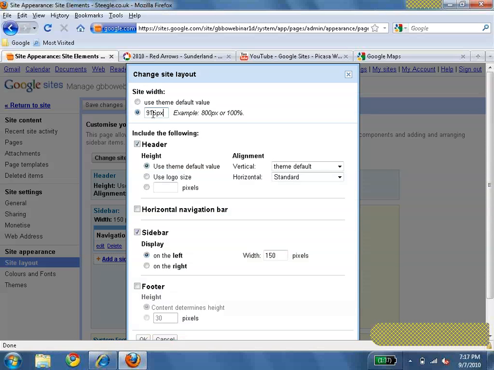If you are going to go for a fixed width size, please make sure that you set your site width to 1000 pixels or less, as this will then work on most people's browsers and screens. If you set it to too wide, people will get a horizontal scroll bar and won't be able to see all of your site. When you're happy with setting the site width, click OK,